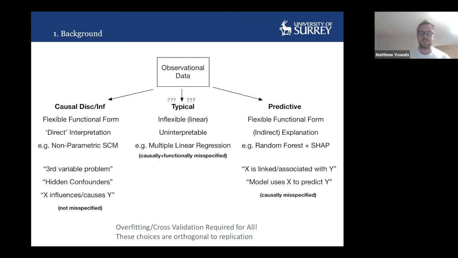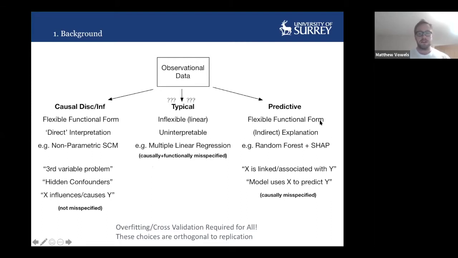Again, because the model's so wrong, you're either taking a causal approach or you're not. If you're taking a causal approach, you have to consider things like the structure of the data. If you're not, then it's not, for me, an issue. It's a moot point. On the other hand, we could take a predictive approach. And I guess most of the time, I see typical approaches falling under some kind of pseudo-predictive umbrella. But because they're very limited in their functional form, they're not very good at prediction.